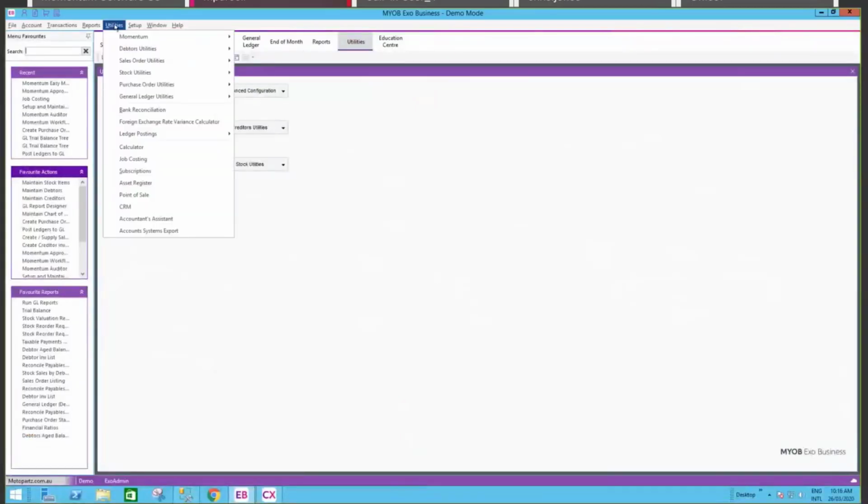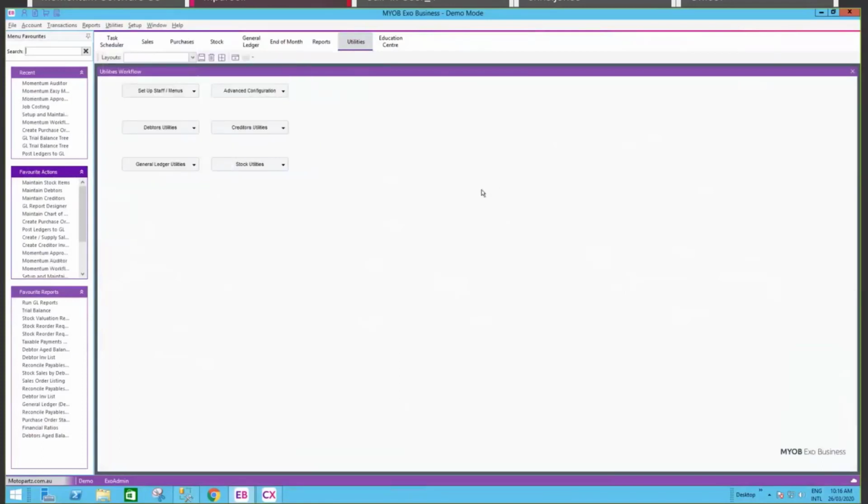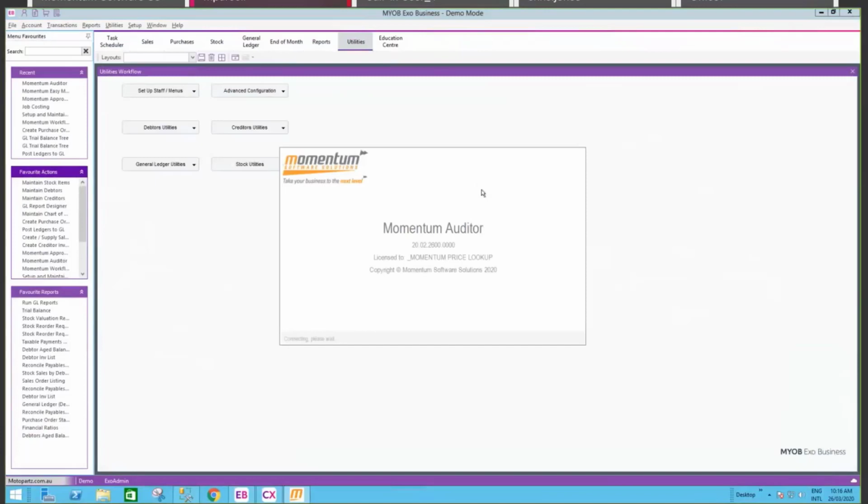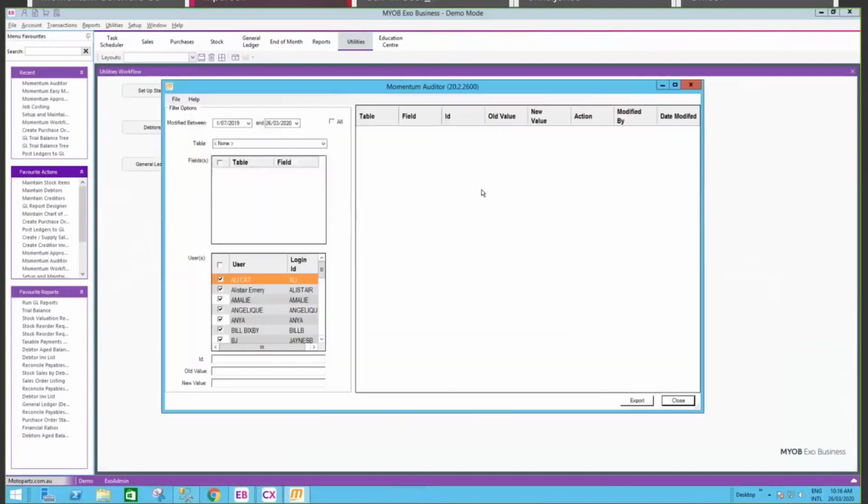So the auditor covers something that's probably a bit of a limitation in EXO out of the box, that there's only very limited ability to see what has changed in the system. So for example, who has changed a particular record? Common things that you might want to know about is if somebody has changed the bank details on a supplier account, for example, or updated information against the customer, or changed the price on a